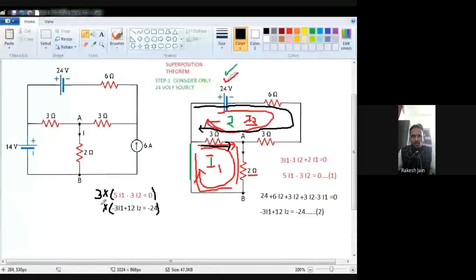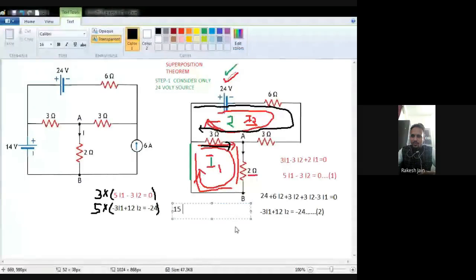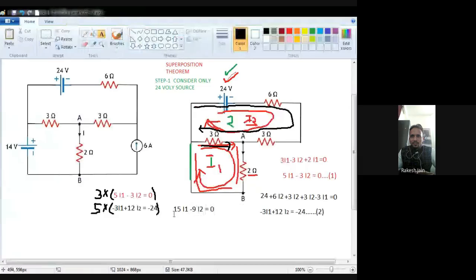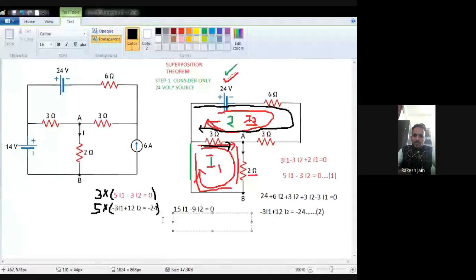I start from here. See, in black color, so you will not be confused. First the plus sign of the battery comes, so write down this plus 24. Then a 6 ohm resistance will be there, and no other current passes through the 6 ohm, only I2 passes. So consider this as 6I2 with positive sign because my current is I2. Now I come here, the 3 ohm resistance is there, no other current passes through this 3 ohm, so my current is I2. So write down with positive sign plus 3I2.